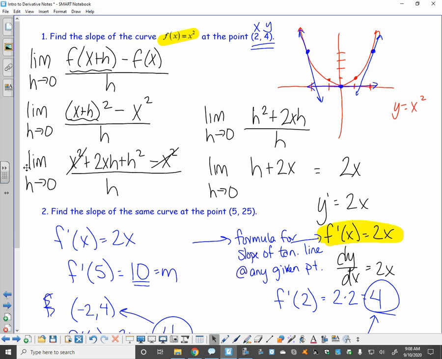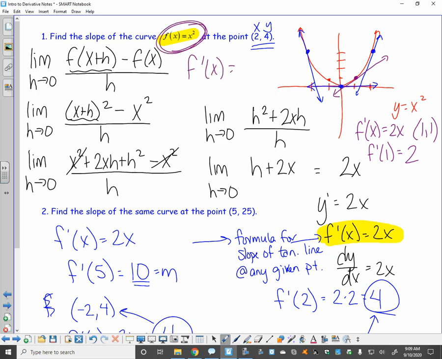If I found the slope at (1, 1), so if I plug in a 1, 2 times 1 is 2, I'm going to get a 2. So here we are, and the slope of the tangent line is a 2, which makes sense because it's positive, but it's not quite as steep as the 4. It's a 2. Guys, I can do this for every single point on this function